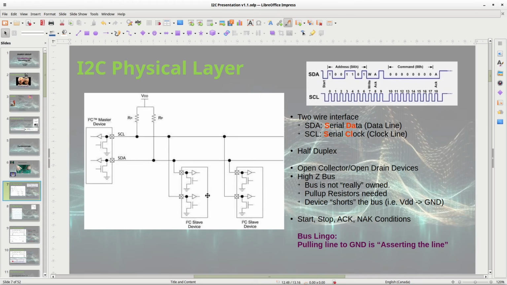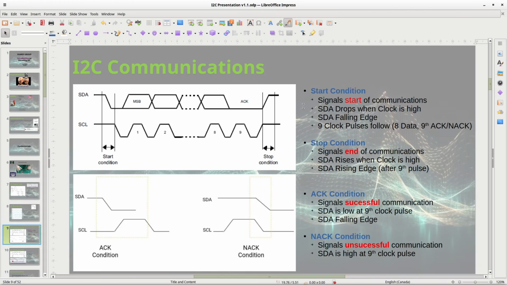How does a device know that someone's communicating? So what happens, they do this start condition. And the start condition is such that the clock pulse is high. When the clock pulse is high, you pull SDA down. And that signals all the devices, hey, I'm starting to communicate.